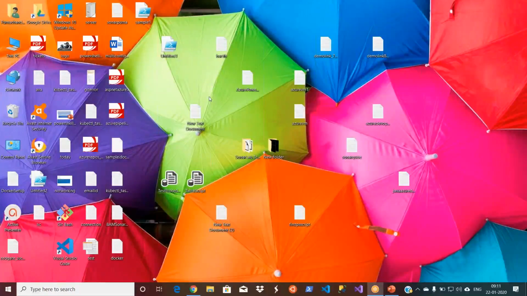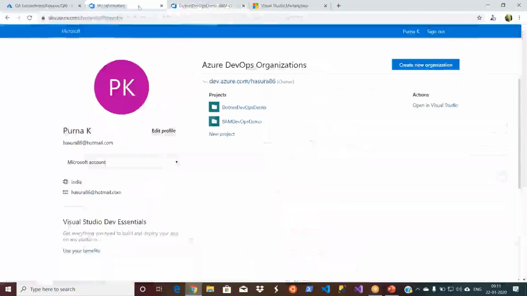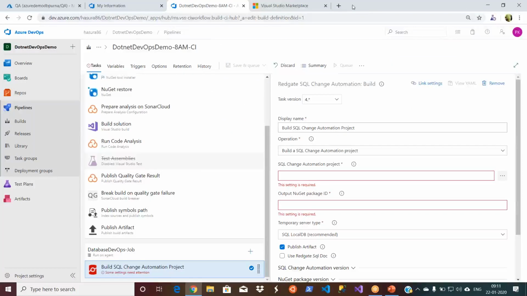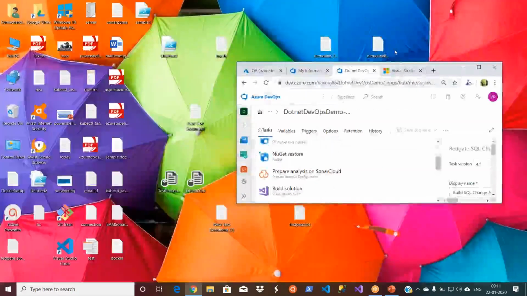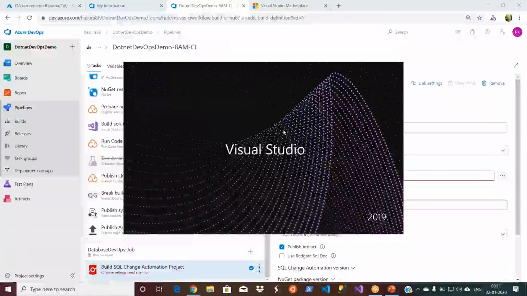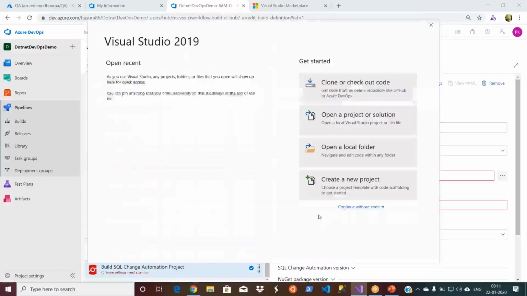And one more question, Purna. Extensions will come only in Visual Studio 2019? I'm unable to see it in 2017. I need to look into the Redgate documentation. I think it is available for 2017 as well. I'm not asking about Redgate. The Extensions tab is there, right? That tab itself is not coming in Visual Studio 2017 on my machine. Do I need to add any extensions, or does it only come for 2019?